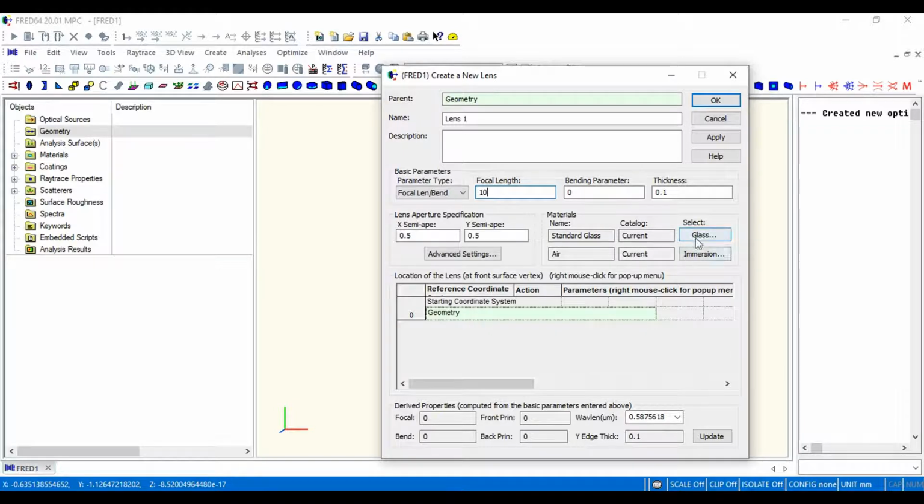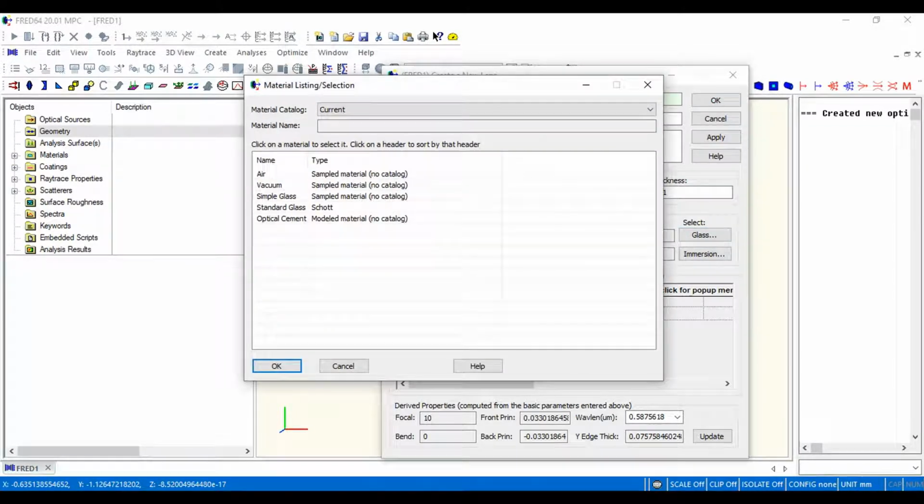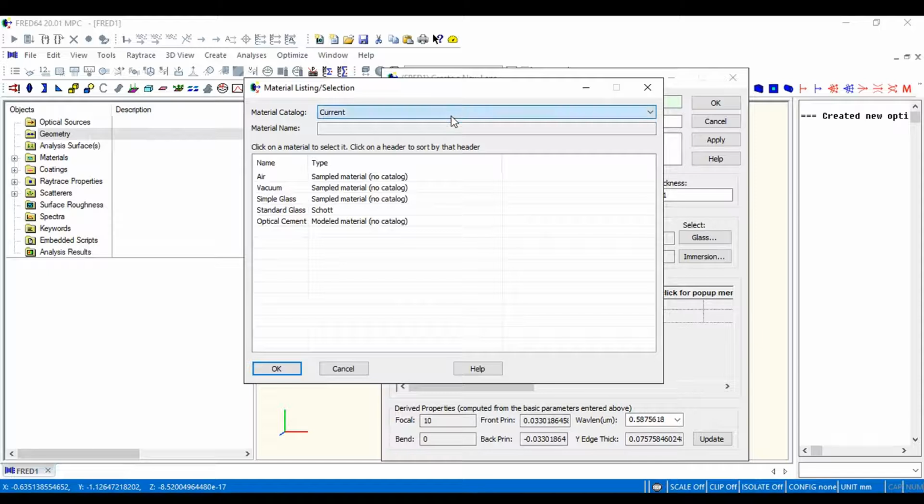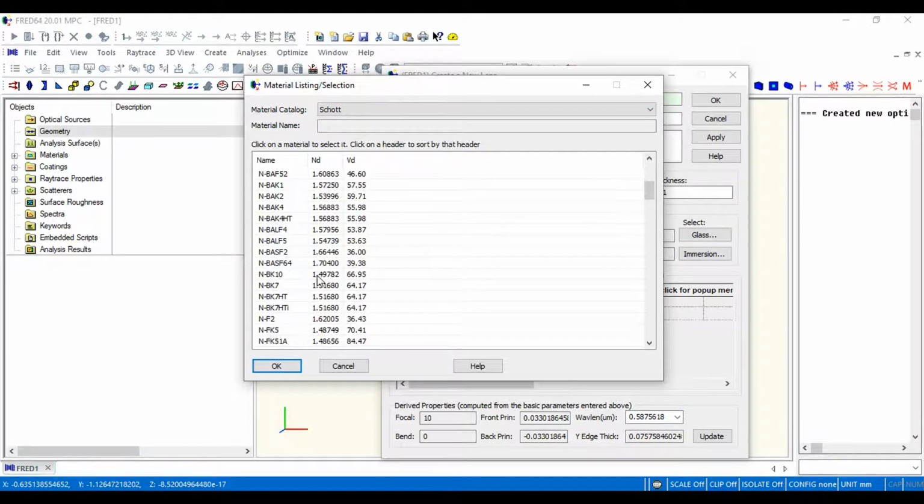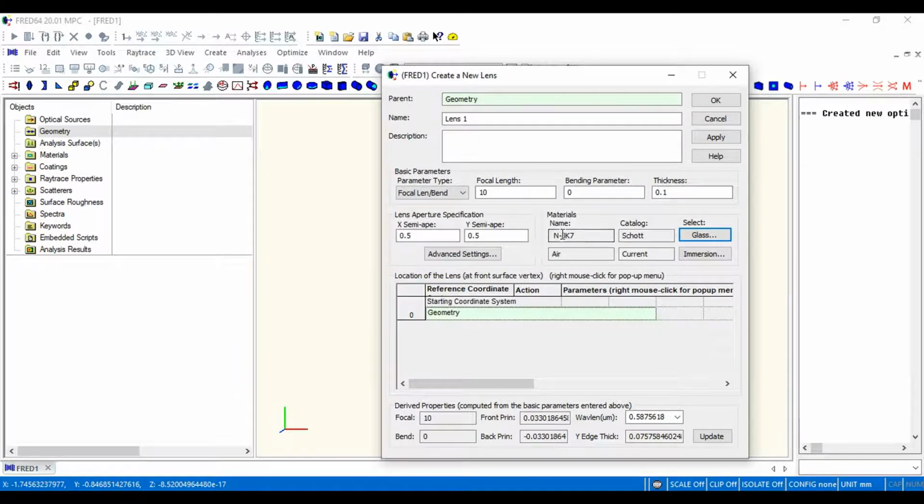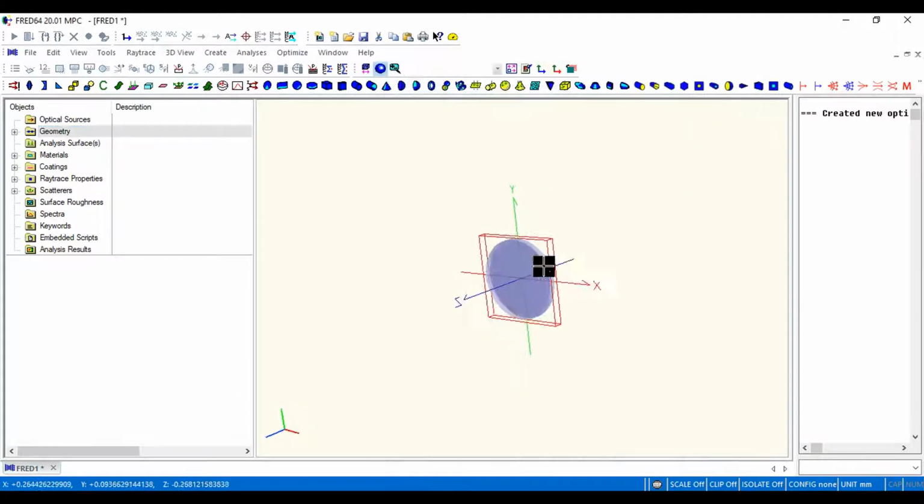So to do that, we're going to click on Glass. And then we're going to append the material catalog, and N-BK7 is located in the Schott catalog. So we scroll down, select N-BK7, click OK, and N-BK7 is now visible as our lens material. After we click OK, we can then see our lens visible in the 3D view,